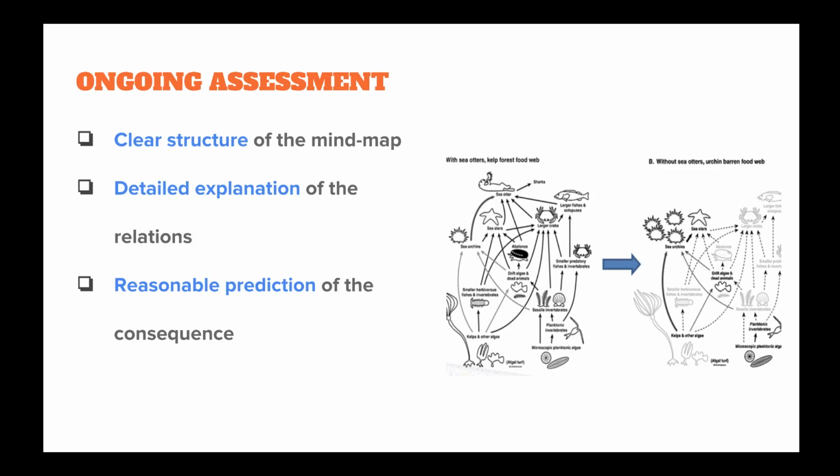For Activity 1, we will evaluate the mind map students made to assess learning performance. Teachers can use the following criteria to evaluate. First, the structure of the mind map, whether students show the relations between the animal, their surrounding environment, and other species. Second, whether students can illustrate their mind map in a clear and concise way while including all the information they need. Third, whether students can use the mind map to answer the question, what would happen if the ugliest animal unnaturally disappeared in its biological community?